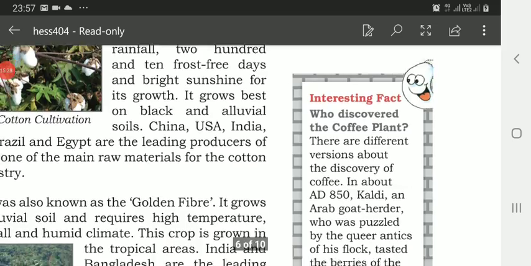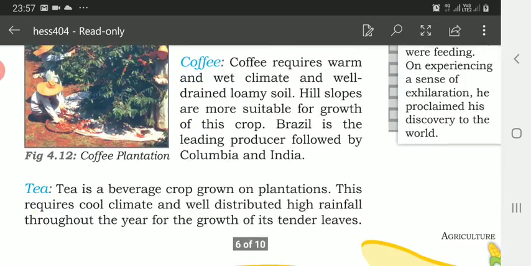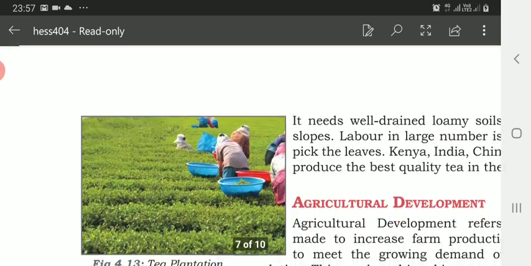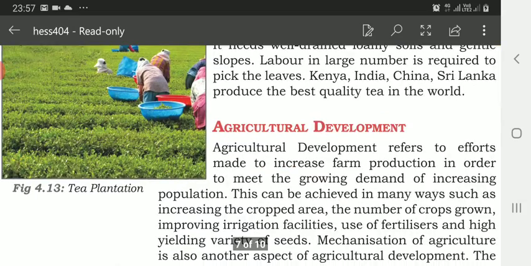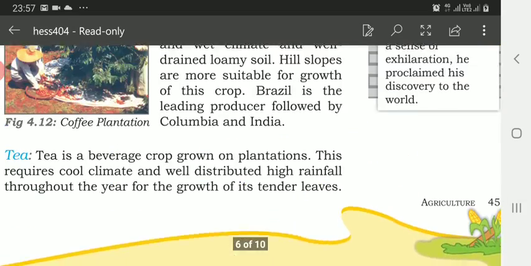In the next period we are going to see another crop, that is coffee and tea, and then we will see agricultural development. So till then,